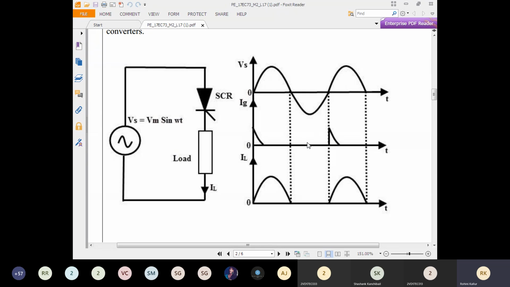Initially assume that we are in a positive half cycle, so the positive half cycle will give me this as positive and this as negative, because of which the anode is getting a positive supply and the cathode is getting the negative supply. Do you agree with me? Yes, ma'am. If you are not understanding any part of the circuitry or waveform, please stop me there and ask.